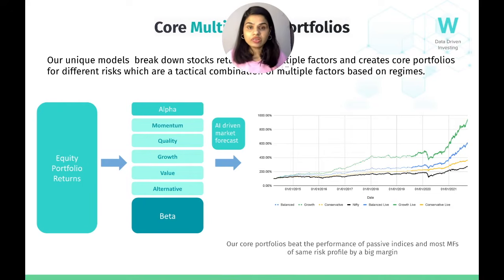So we have an AI driven forecasting model that tells us that, okay, the market is going to be stable, or the market is going to have a lot of risk in the next period. Depending on what that AI driven model says, we allocate to the best factor for the given market condition. And we also use some ETFs, like I said, for bonds and gold, which bring down the risk for this portfolio a lot. So if you look at this portfolio here, you see that when the markets crashed in March, this particular portfolio did not go down that much. This portfolio only had a drawdown of 18% when the market went down 36%.